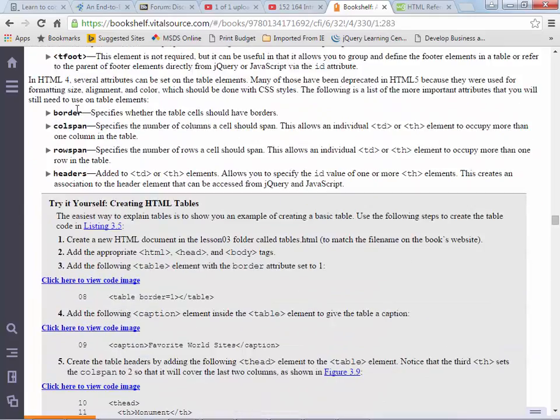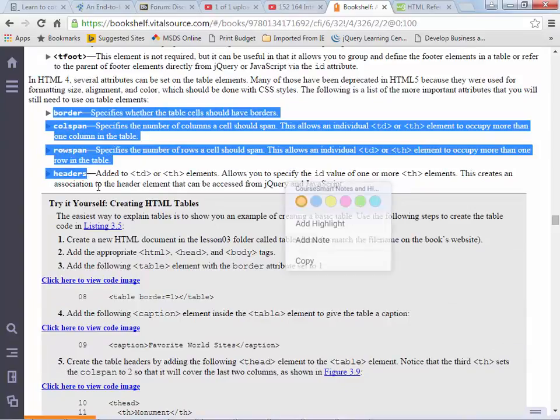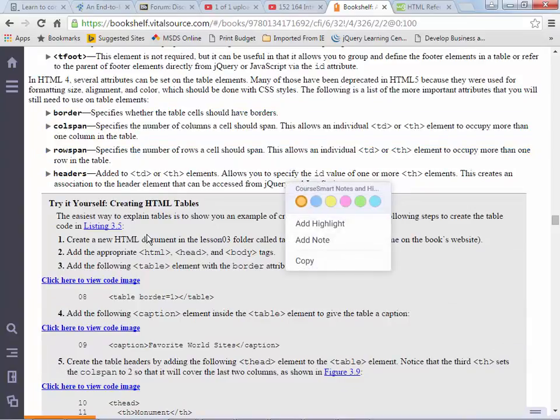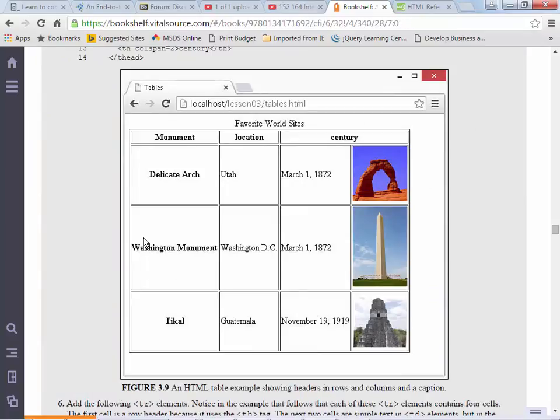You should understand the different attributes you can use with a table to span multiple rows, to put borders on, etc. And he has you create this. Let me just tell you, just so you know,